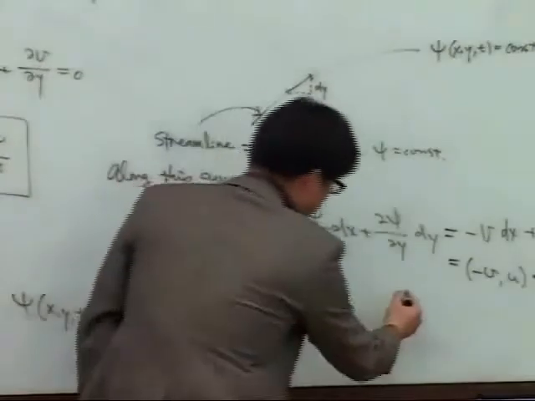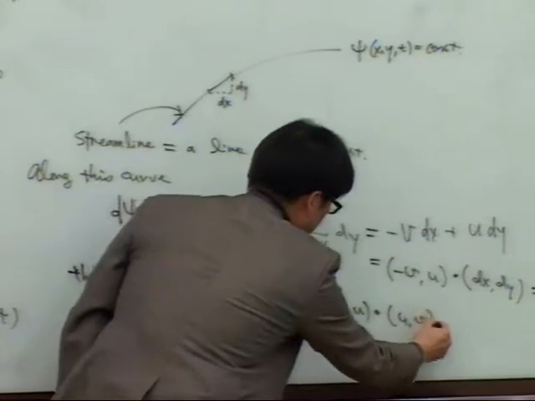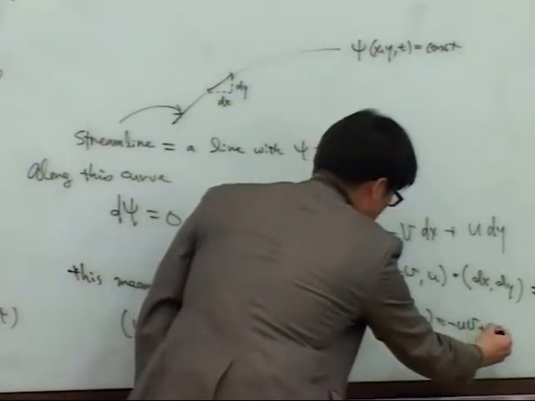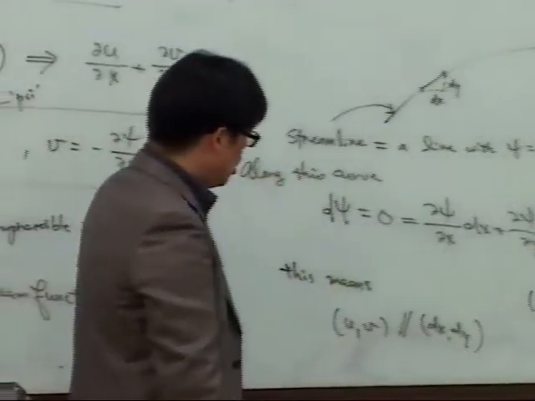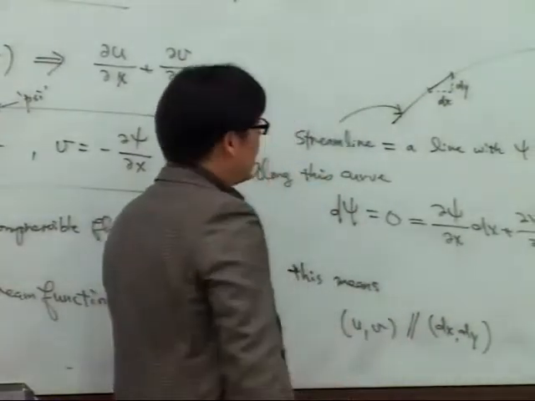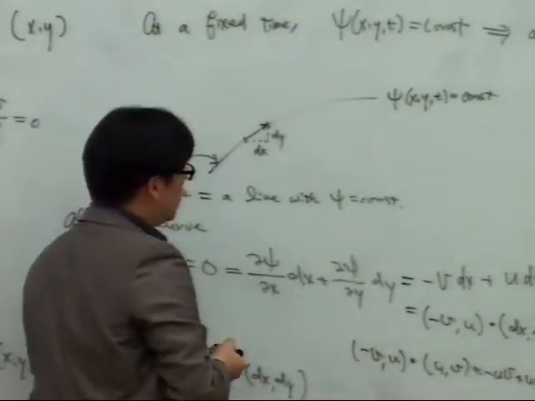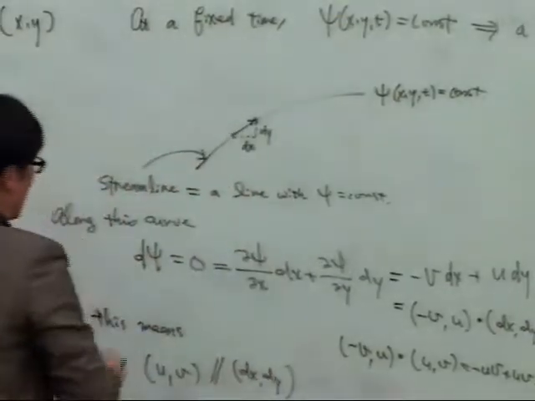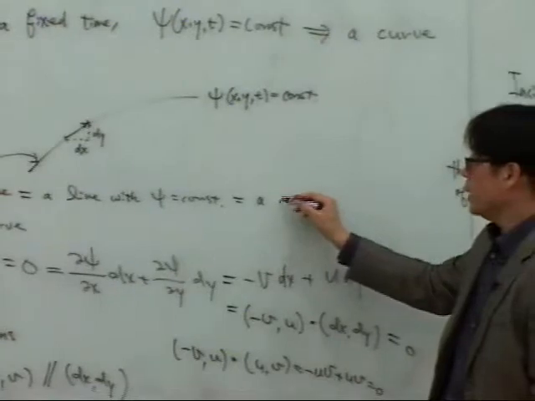The reason is minus v u and v is given, so it will be minus uv plus uv equal to 0. So dx, dy has to be parallel to u, v, meaning that this is a velocity vector as well. So finally, a streamline is a line of psi equal to constant, and also a line